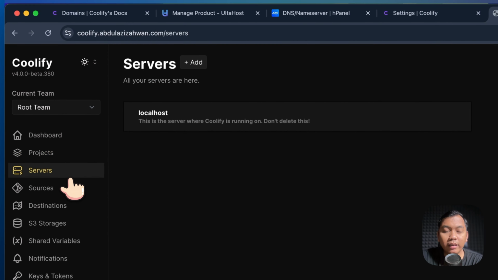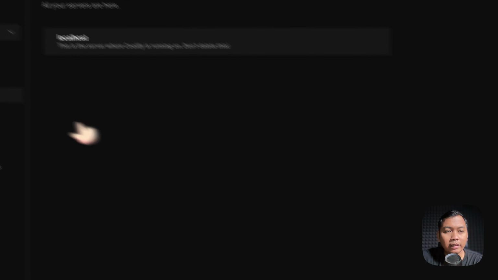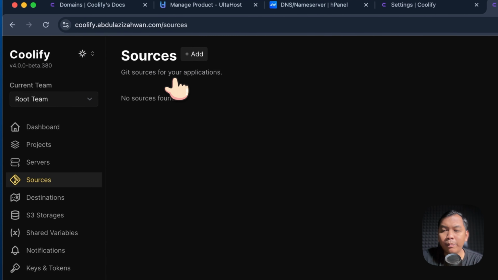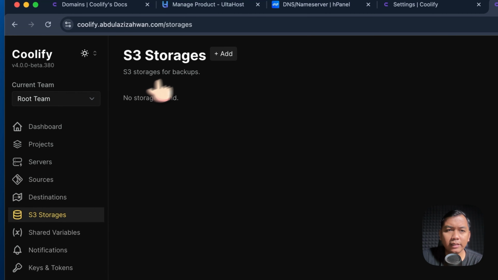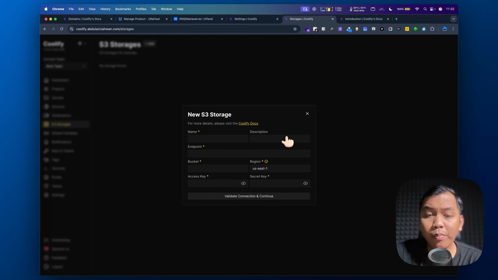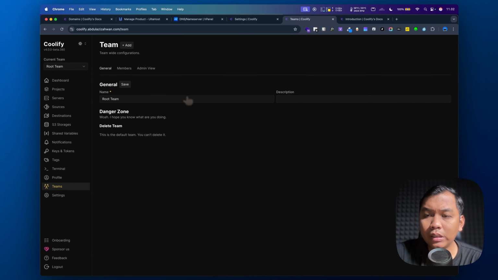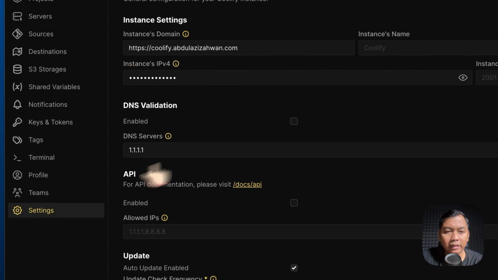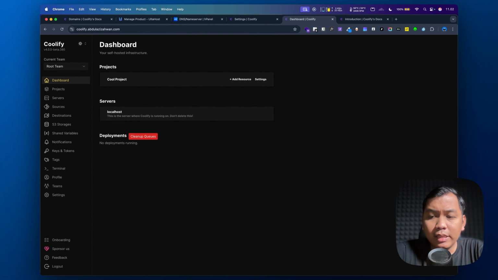And for the server, this is my server, which is localhost, and for source, we can add a source, maybe from Git. Destination, and then S3 storage we can set up here: endpoint, bucket, access key, and secret key. We can also add other users, as you can see here, members, and the setting is saved. Alright, so yeah, I think the installation process is very easy.